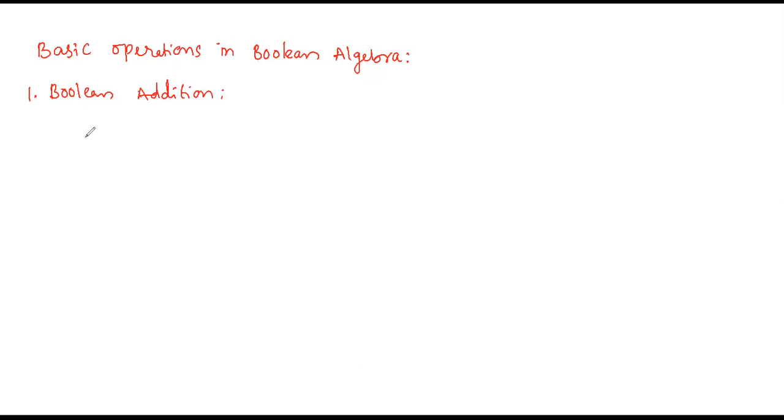Now you are adding two variables. Take two variables x, y, and you are adding. Then consider the result is z. When you are adding the two variables, you got the result as variable z. Okay. And from now onwards, whenever I say addition, you need to consider it as Boolean addition. It is not the normal addition.